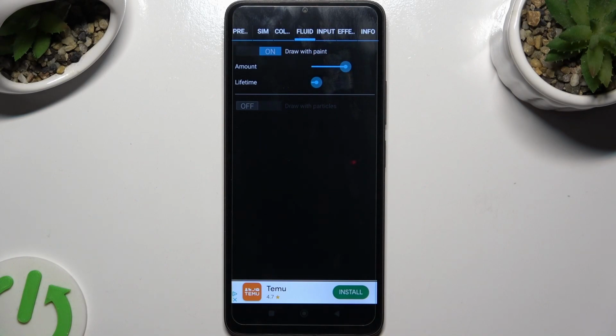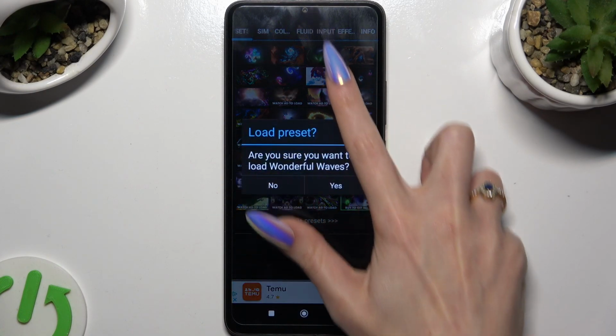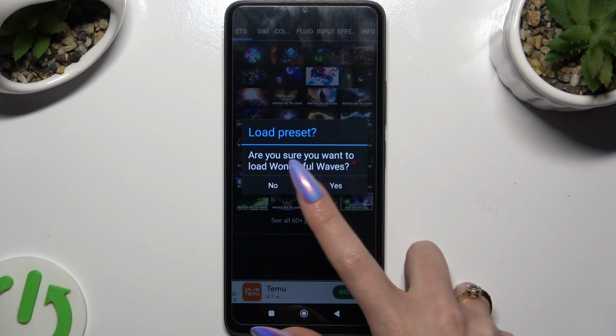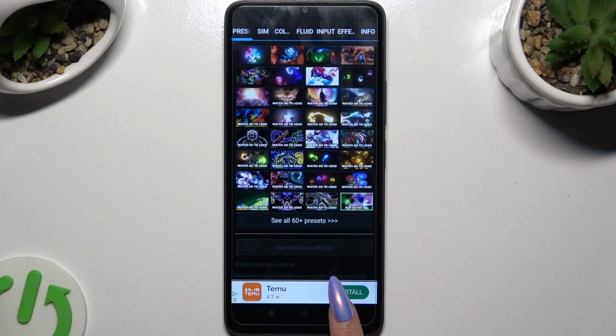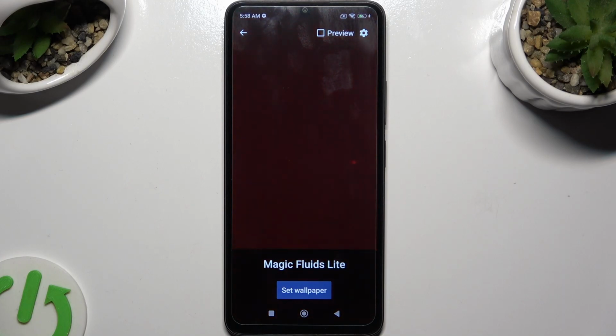You can also just click on Presets at the top left corner. Click on the best option for you and confirm your choice by hitting Yes in Load Preset pop-up. Then go back, tap on Set Wallpaper at the bottom